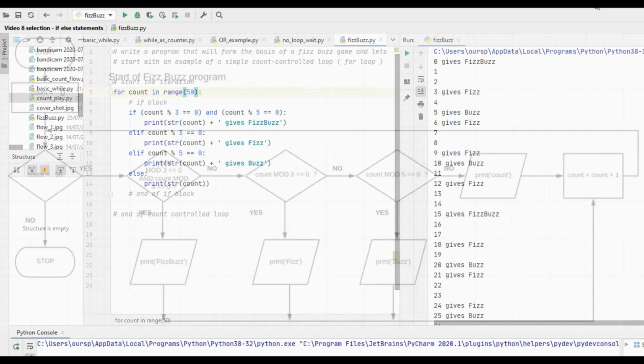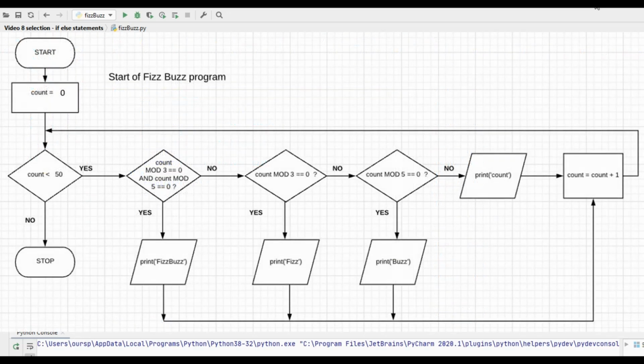This is the flowchart that represents the requirement for Python in a count controlled loop to print from 0 to 49, but whenever it comes across a number which could be Fizz, Buzz or FizzBuzz, it prints that statement out as well. So if you're not familiar with FizzBuzz, basically you take it in turn as a game with a group of people. You go around in a circle. You go from as high as you can, starting at 0 or 1, and then as you go around the circle counting, if you come to a number